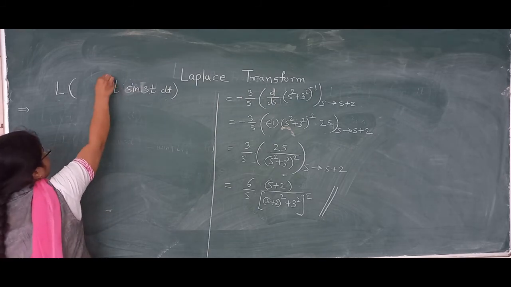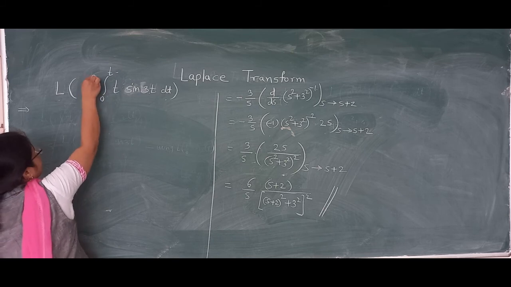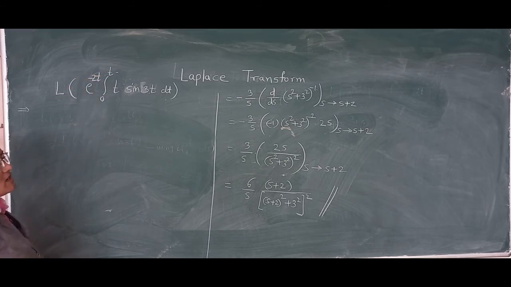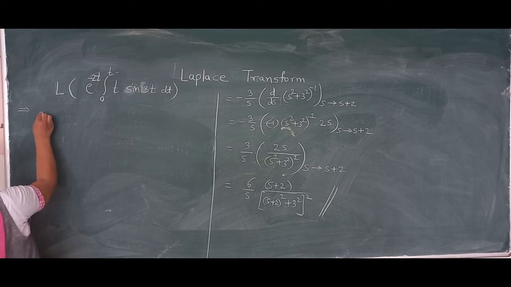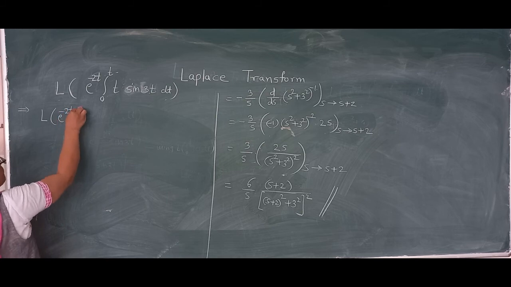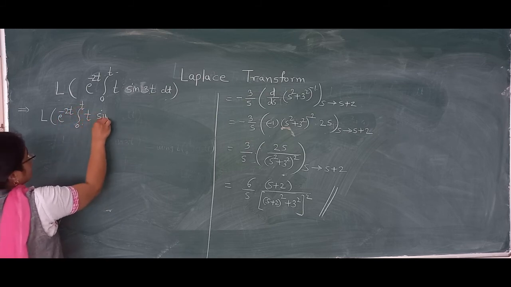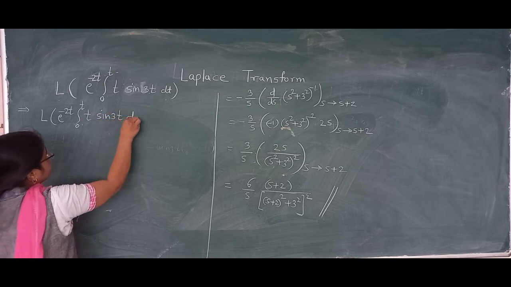This is the integration 0 to t, and I take e raised to minus t outside the integration. Then because of this integration, t sine 3t dt,